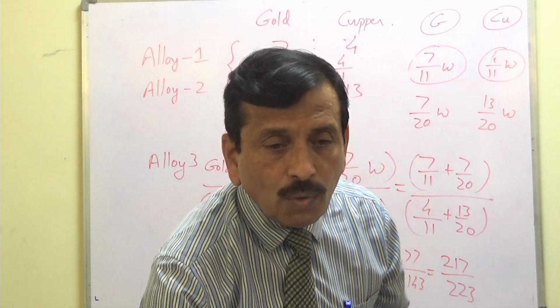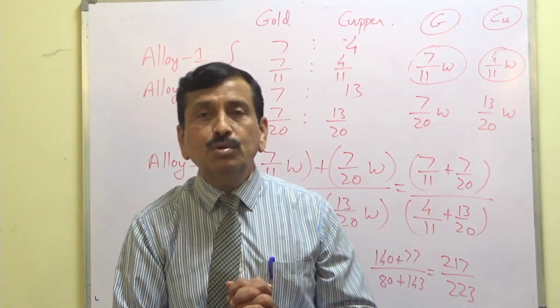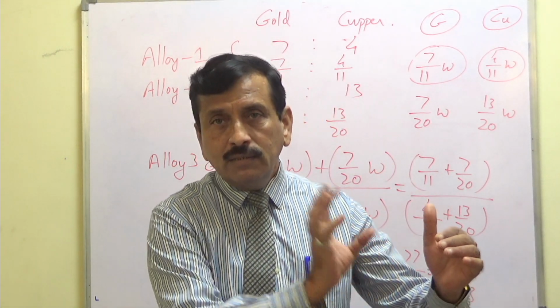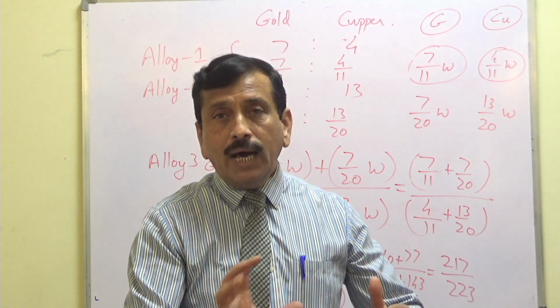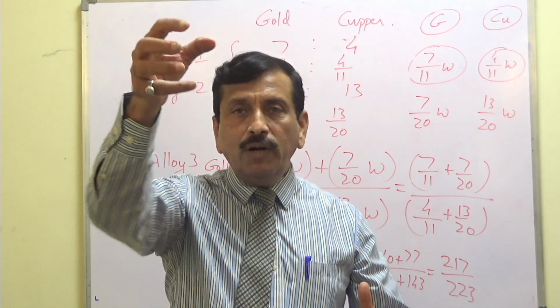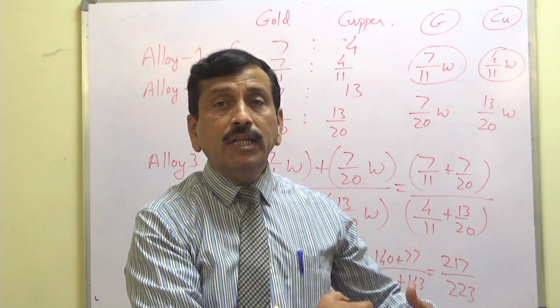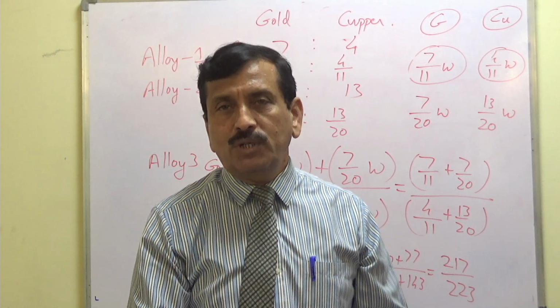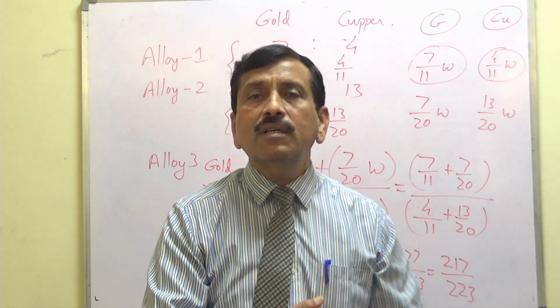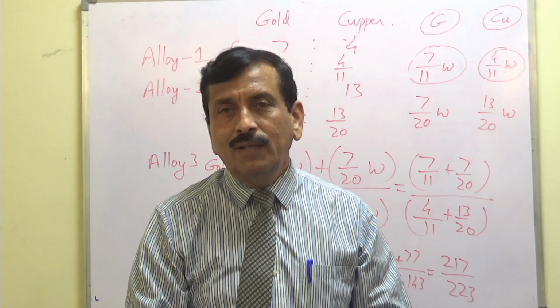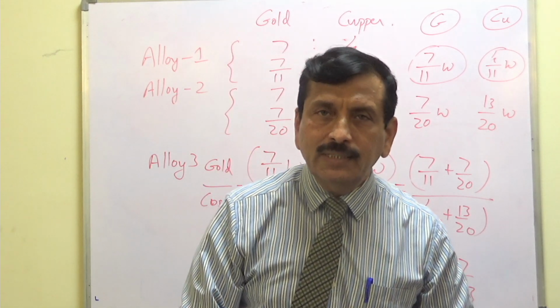Friends, look here. The ratio and proportions are being used on multiple occasions. At alloy 1, some proportion is given, at alloy 2, another proportion is given. The same quantity of both of them is taken and alloy 3 is made, and alloy 3 gives yet a different proportion. So such complications can be incorporated in the problem, and we can handle them. Okay, this is all for this session. Thank you.